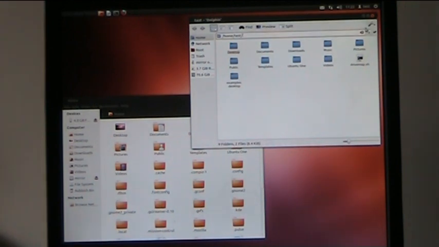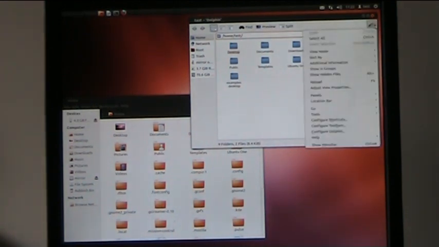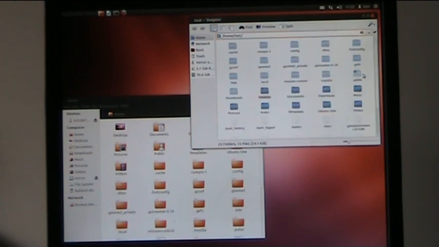And in Dolphin, what I'm going to do is go up to the spanner or wrench or whatever you call it, and I'm going to ask for show hidden files there. You'll notice that in both cases there are shortcut keys, so you can just press those key combinations and it will do it. Now, hidden files are files which start with a full stop, and we're going to create one